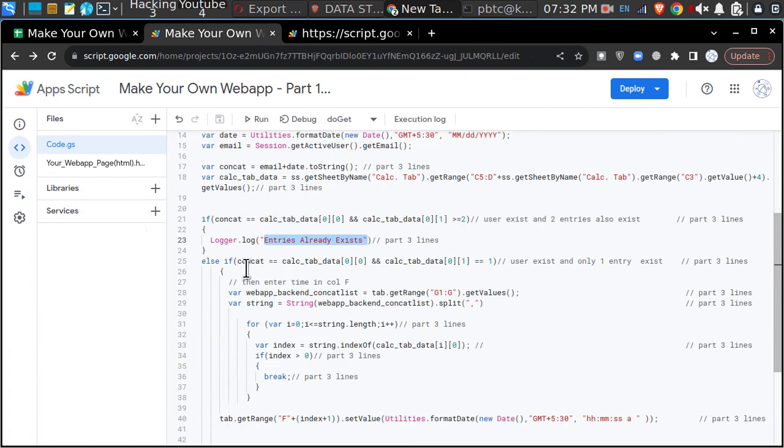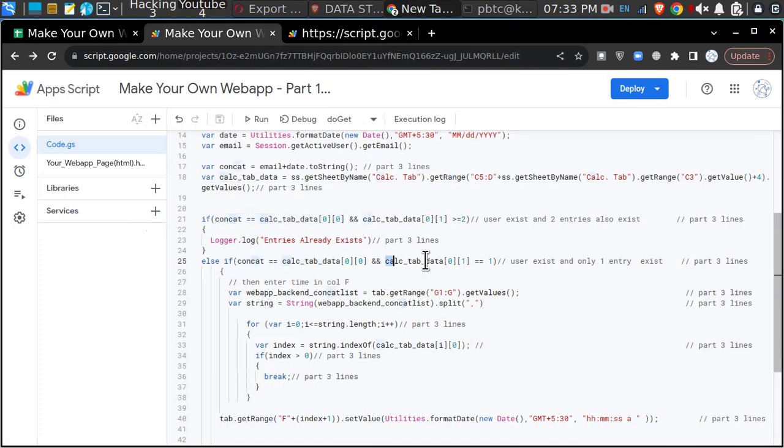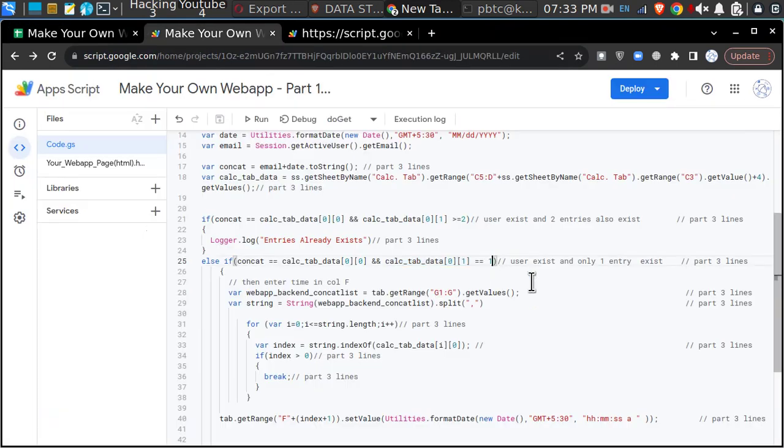But the second situation is if these 2 data, so this is exactly the same here, we have just copied it in this section. If the concatenate of email and date of the current user who clicked the button is equal to this variable, or you can say this text, and the corresponding value of this concatenate is equal to 1, that means there is 1 entry in here and we have to do something after that. Okay, so what we are doing if it is 1, then